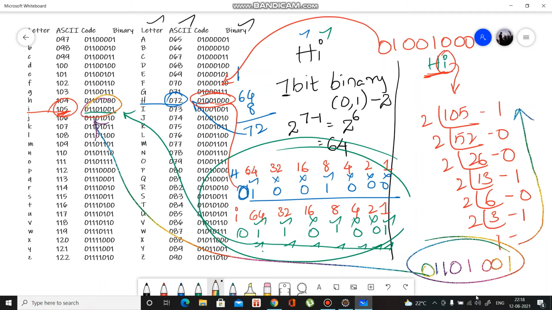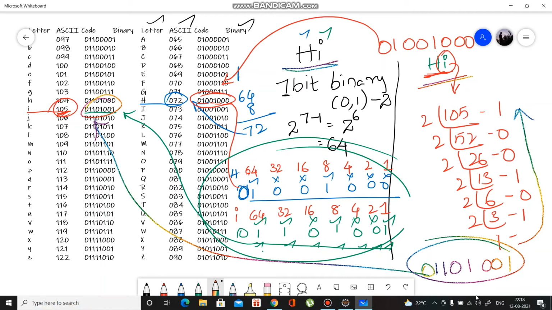So these are the two types which you'll be using to find the binary value. This is the easiest way to find it, but if you feel this is easy, just try it.